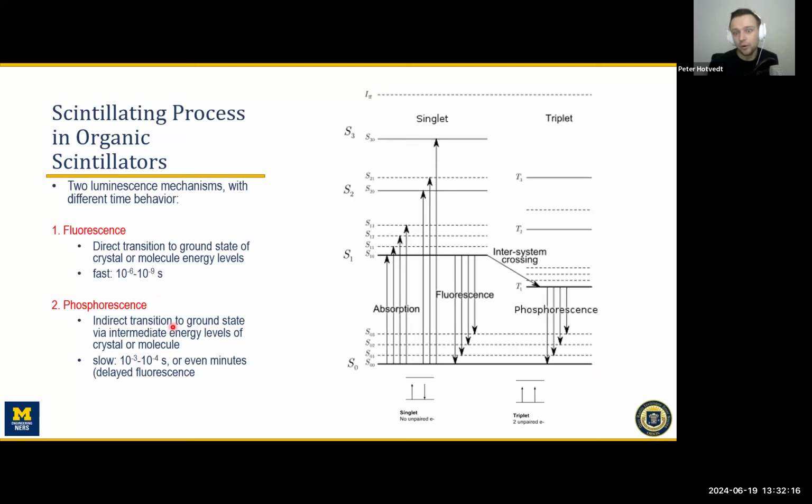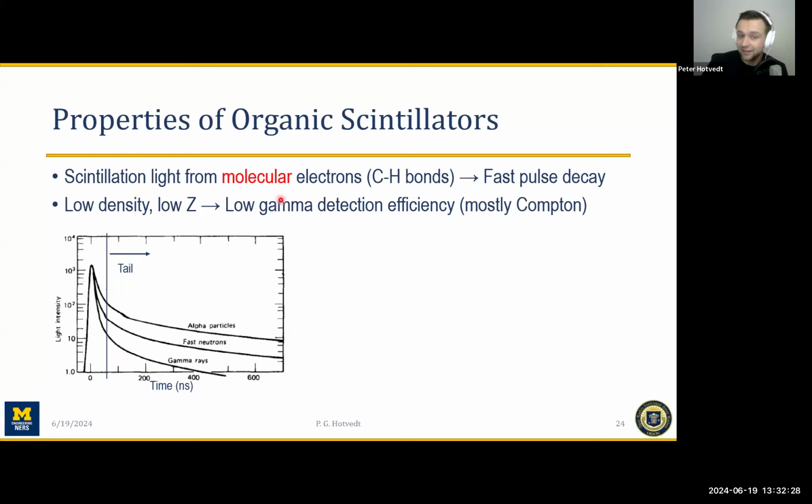seconds. It's really important that you recognize, too, that light has different speeds depending on the type of radiation interaction in it, especially with these organic scintillators, to the point where the scintillation light from the molecular electrons from these hydrocarbon bonds creates a fast pulse decay. And because these are low density and low Z materials, they do have a low gamma ray detection efficiency, which is unfortunate. However, because they are low Z materials, they are quite good at measuring neutrons and alpha particles and